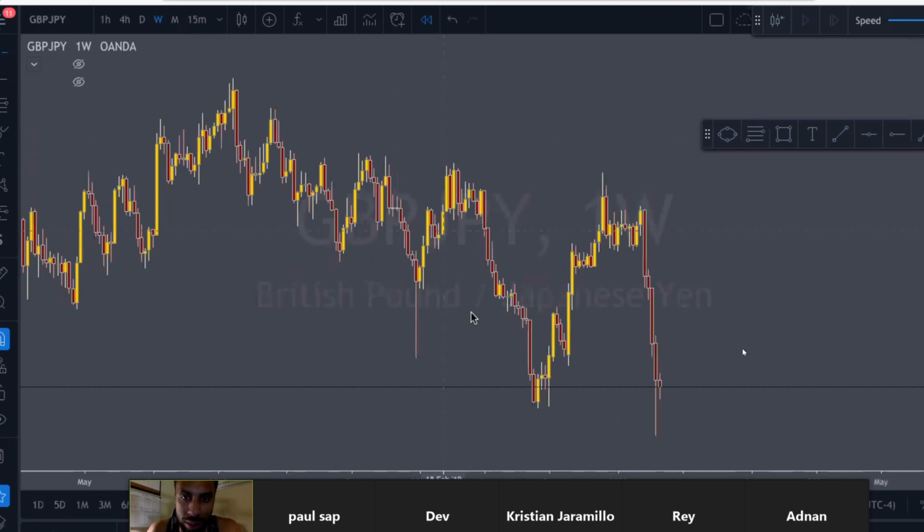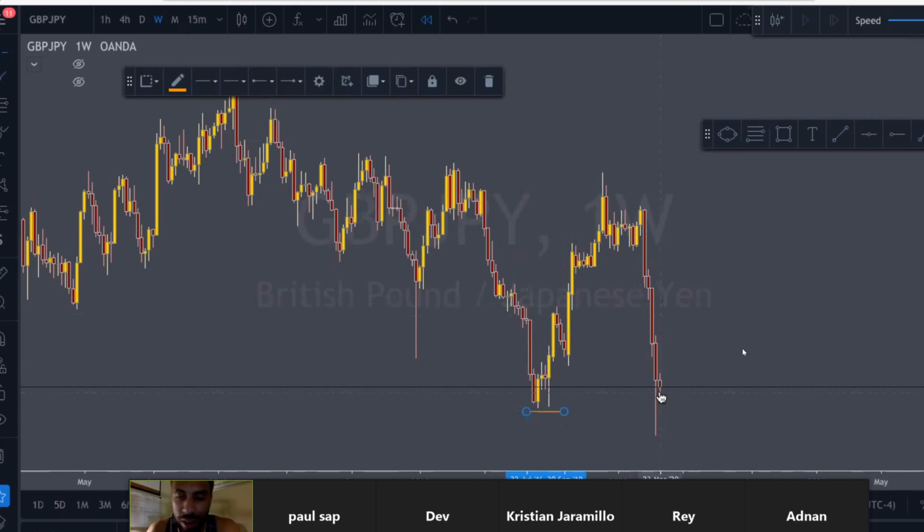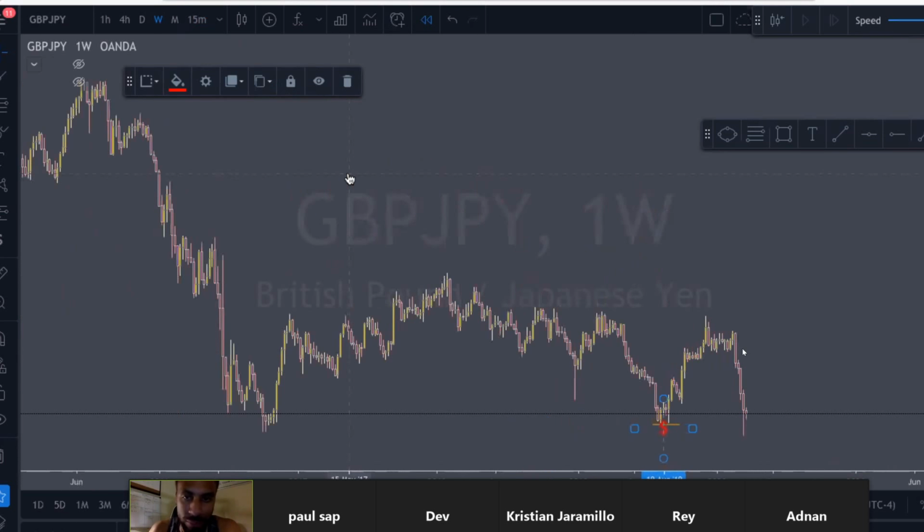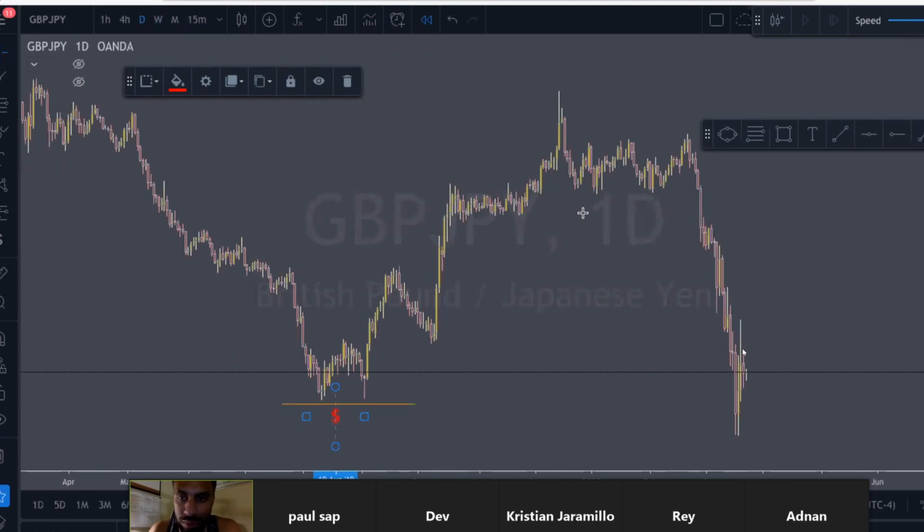On a weekly, this would really stand out to me because there was a level here that's pierced, and then it snaps back, right? So it's like, okay, perhaps it wanted to breach a low. The bad guys in the banks wanted to breach a low and then turn the price around, possibly. Then on daily,